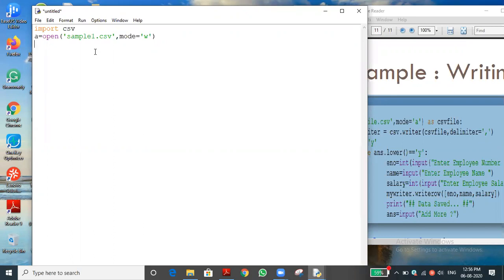That is the writer object. We need to say, because we opened the file in write mode, so we should say it is a writer object. Okay, so I'm just giving aw. For understanding the writer object, I'm just giving aw. What is the syntax? Writer object means